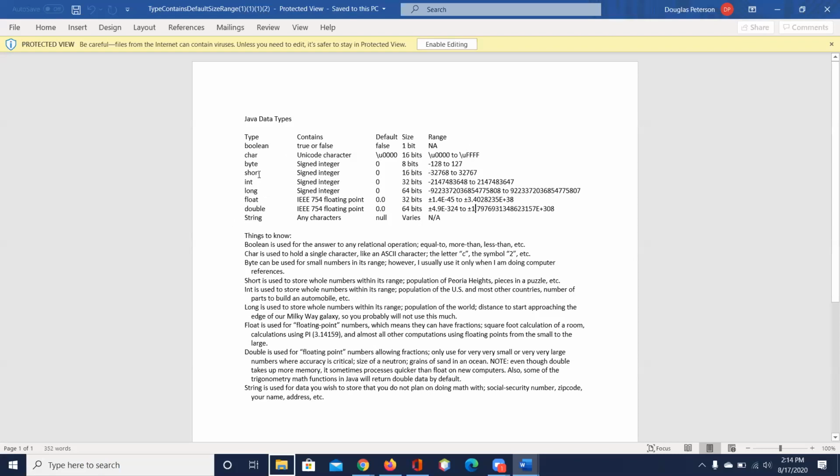And I won't ask you what they can hold, but basically down here it describes what it is. In other words, if I want to save the population of China, or the world, I can't save it as an integer because it's too big. It would have to be a long. The difference between a float and a double is the precision. A float is good up until what? Negative up to about 38 decimal places. Look at what it is for a double. Wow.